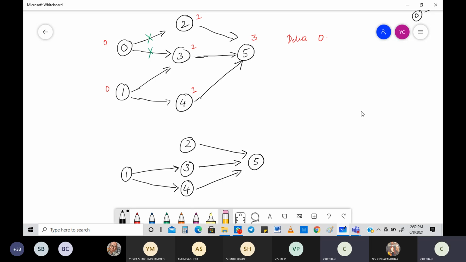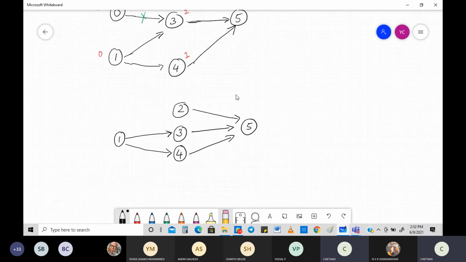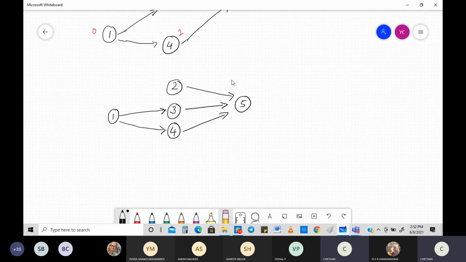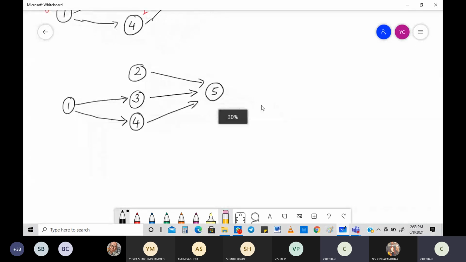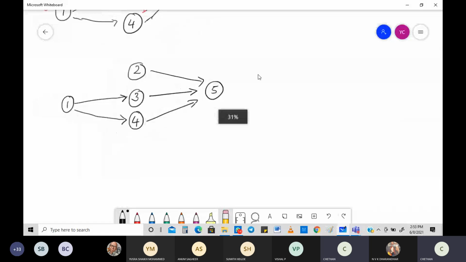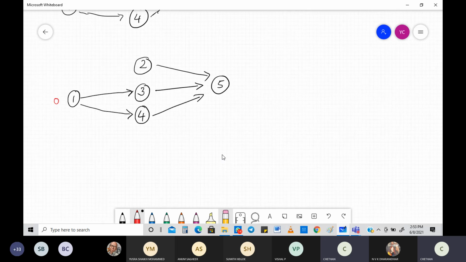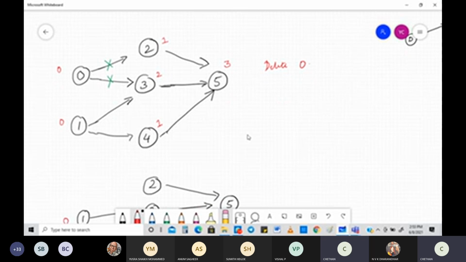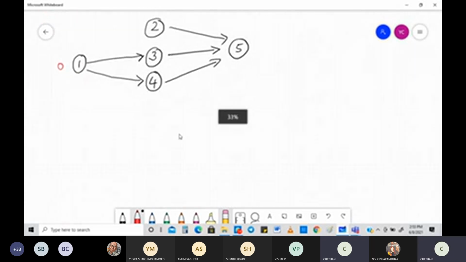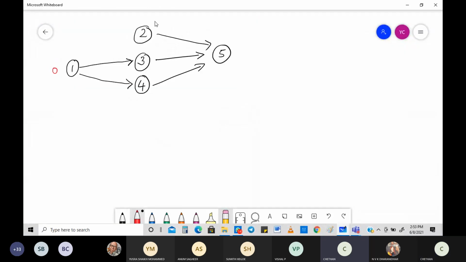Now again we need to figure out the integers of each and everything, right? So what is the integer of each? For 1 it is 0. For 2, be careful, previously there was 1, now it is all deleted. You can see very clearly. Previously the integer of 2 was 1, but that edge is now deleted. So this 2 is also 0 now. For 3, the integer is 1. For 4, the integer is 1. For 5, it is still 3.